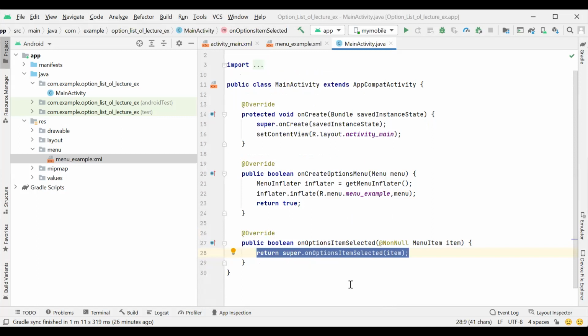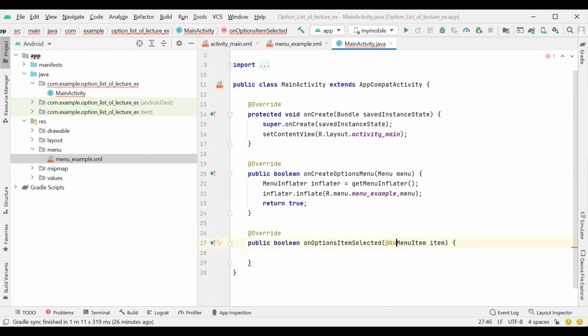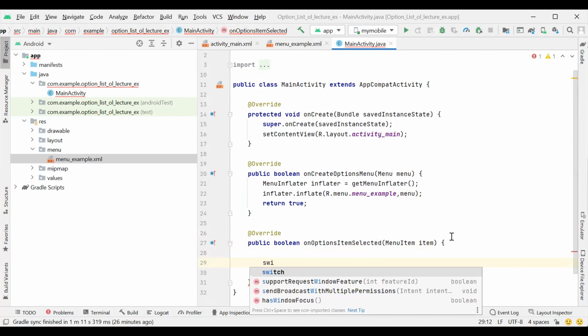This is the boolean method. So first remove this one, not null, and first here we use the switch method.